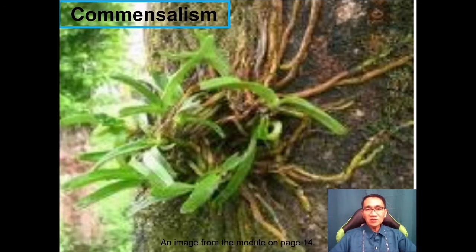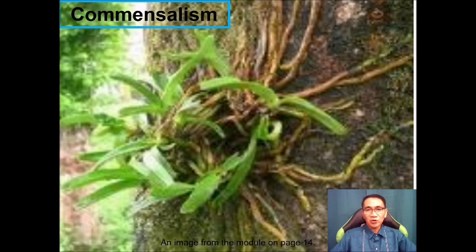They obtain nutrients from the air, falling rain, and the compost that lies on the tree branches. Who benefits from the orchids and the tree? Yes, it is an orchid. The organism which gets the benefits is called the commensal, which uses the other organism, the host, for transport, shelter,